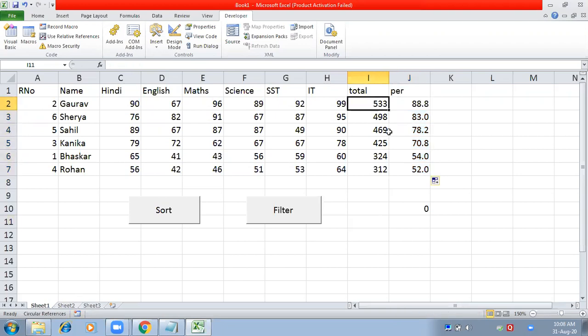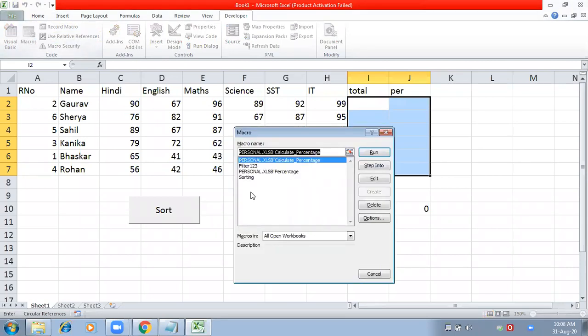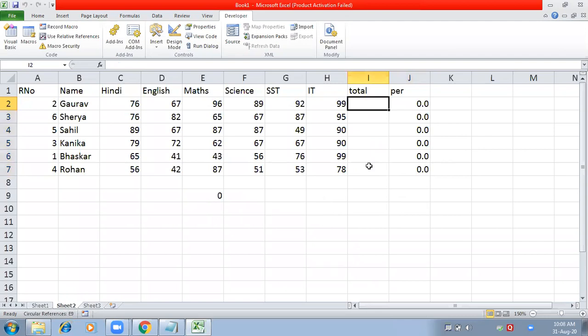First let us check on this sheet only. Macro. Okay, now it is working. So let us go to the other sheet and check it.